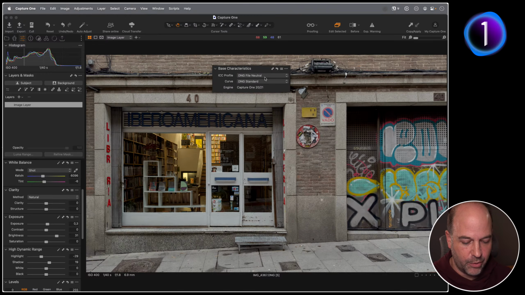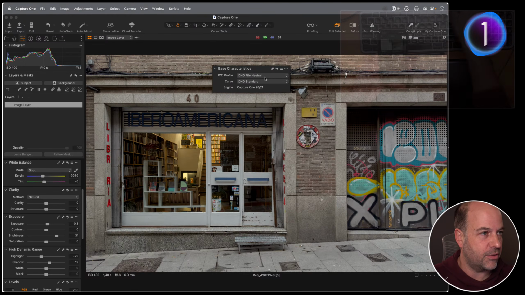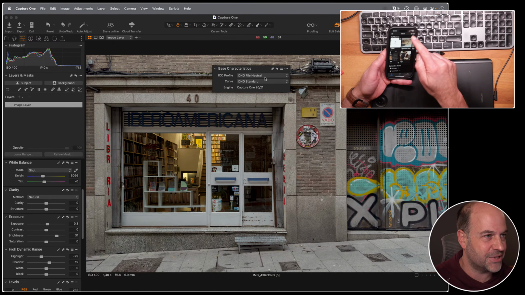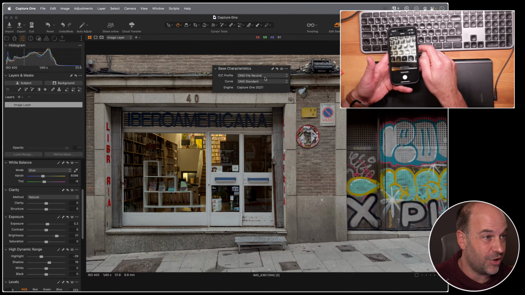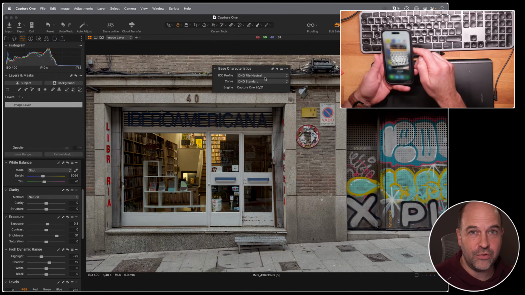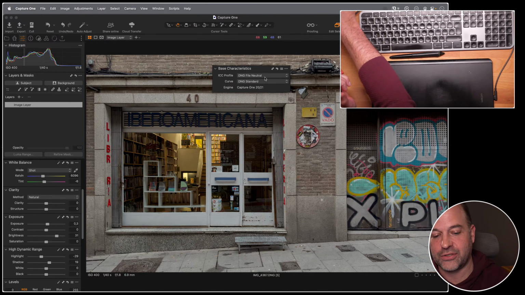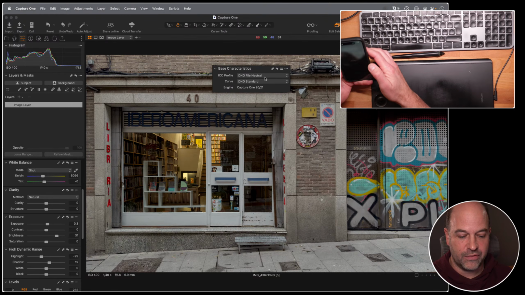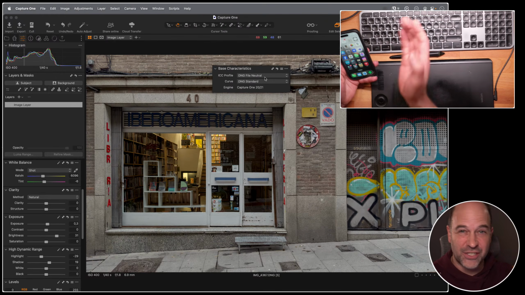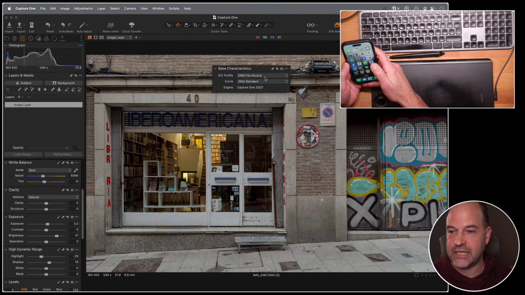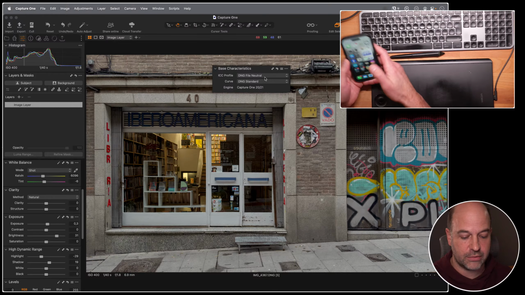Just need to open up Capture One Mobile. If you don't have Capture One Mobile installed on your phone, you can give it a try, or if you have the all-in-one subscription, then it comes as part of your package anyway. I'm not going to give you a full demo on the phone, but you'll see up in the top right-hand corner there is a little camera icon, and then you can shoot directly using Capture One Mobile. If you do that, we can do a little bit of extra magic to the raw files. We've created an ICC profile for the iPhone in particular, and that gets around some of this DNG tone mapping limitations as well. So if you are on Capture One Mobile, just give that a try.